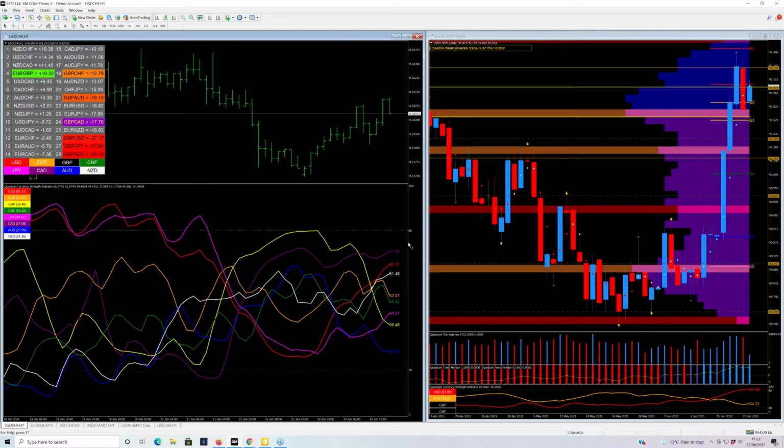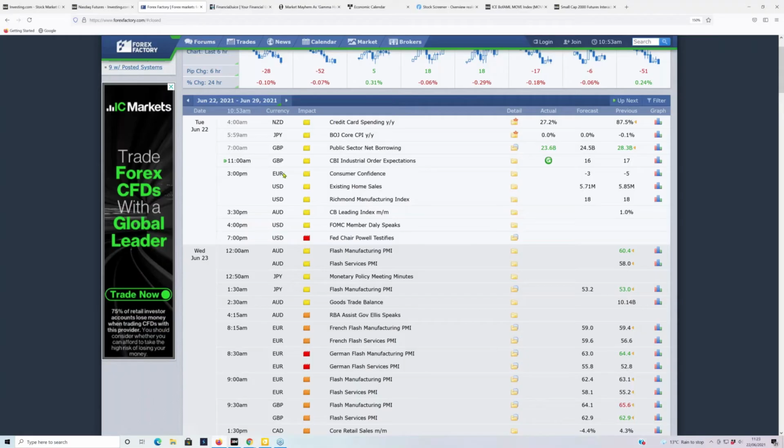And it also tells us, given these numbers, well, do we want to wait? I mean, it's 20 past 11. Maybe nothing's going to happen much in London. What's the news today? Well, it's Tuesday, and there's not much going on in the news anyway. We've got Powell later on.